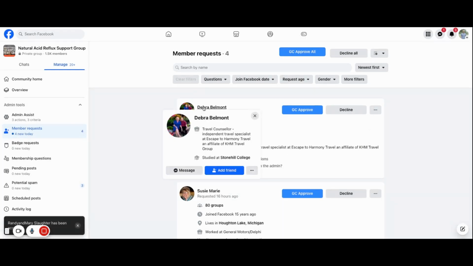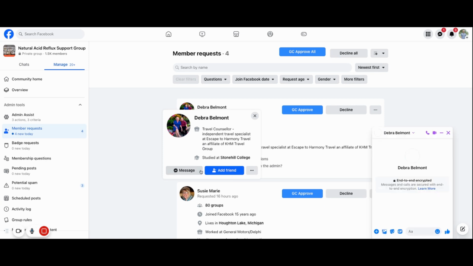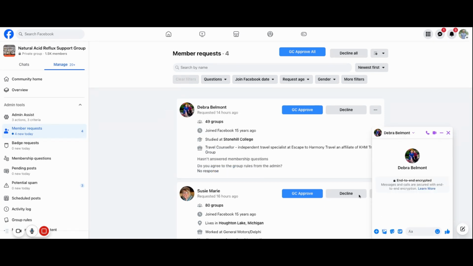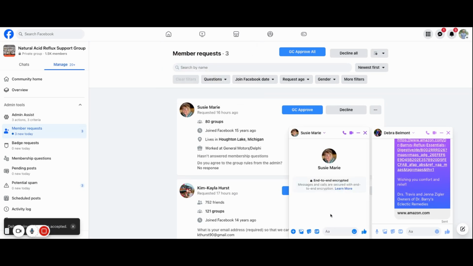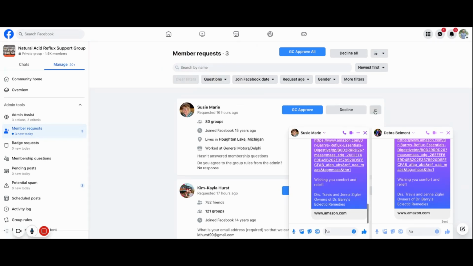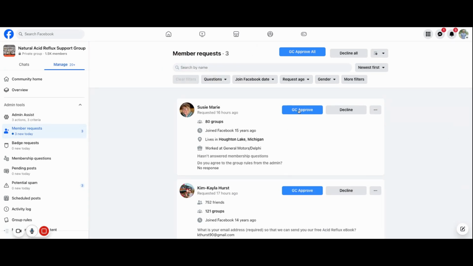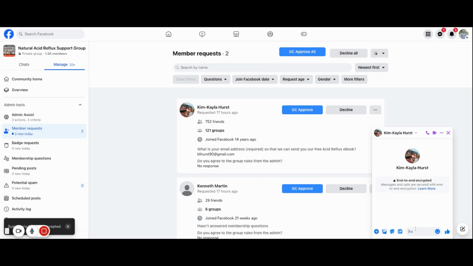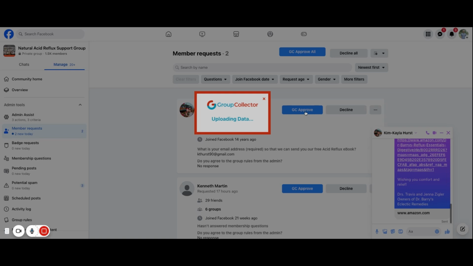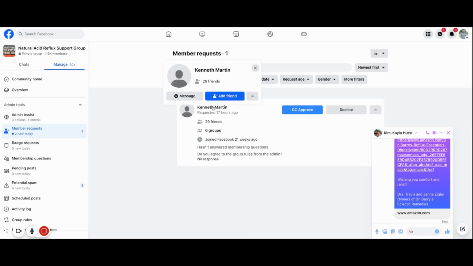Close that one. Message, copy and paste, send, let them in. Message, and you do have to send this from your personal Facebook account. So you're letting them into your personal life. Now this will go to the message request area, but you never know. You never know how many people this is going to hit.